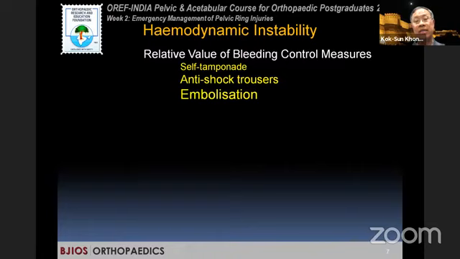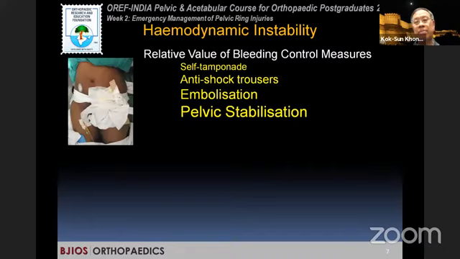Then there is embolization to stop arterial bleeding, but arterial bleeding constitutes about 10 to 15% of all pelvic fractures or pelvic disruptions. Finally, we have pelvic stabilization, and this is where we come in to stabilize the patient before he exsanguinates. In the old days, we used to use a bedsheet or a pillowcase or some sort of